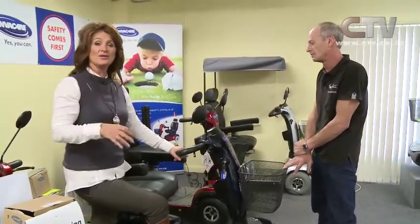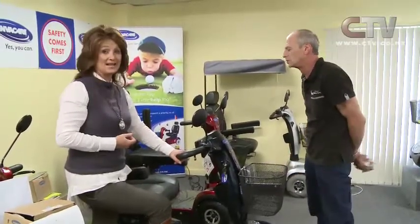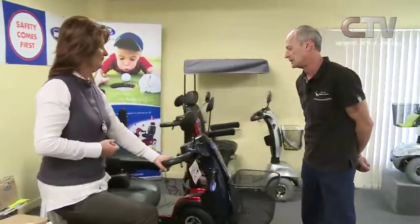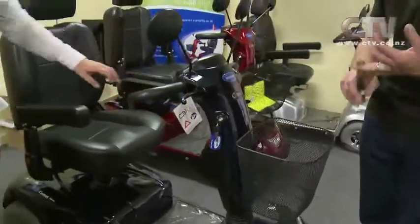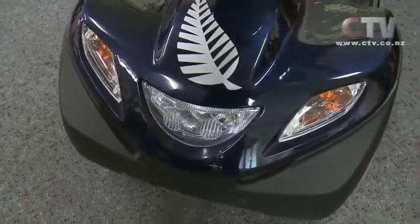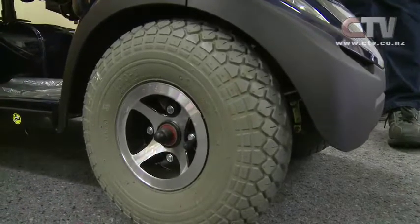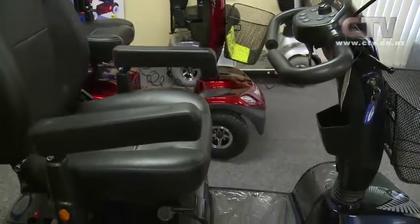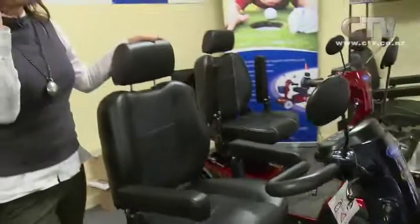You get better service. You get all the backup service with it as well, don't you? Yep. After sales service. We look after people, and that's while stocks last. As you can tell, these are more the heavy duty setup. People do use them for towing. They use them for hill work. They're excellent for climbing hills, and they're just safe, sturdy. And we only sell reputable brands, so it works for us because there's no comeback. We've got parts and you've got a huge engineering